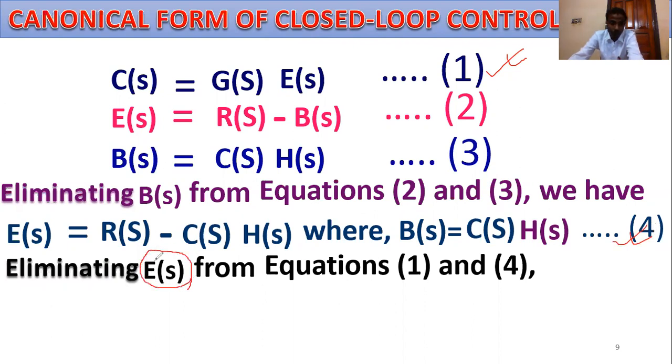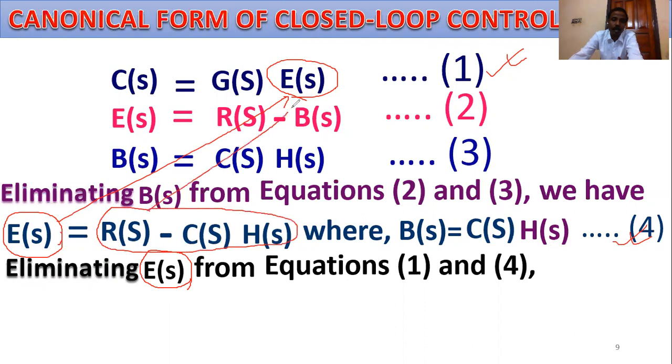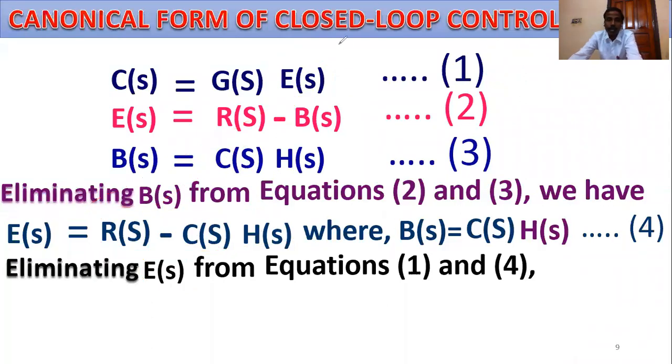Eliminating E(s): this is our equation number, and this is U(s). So put here E(s), where E(s) equals R(s) minus C(s) into H(s). Just put here R(s) minus C(s) into H(s). Then we get